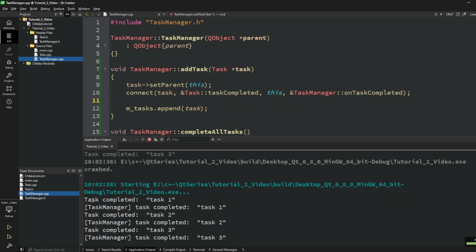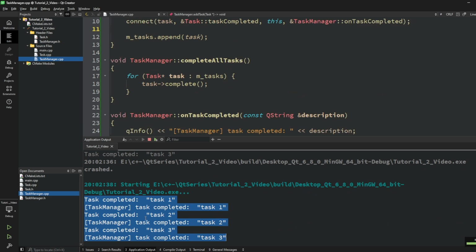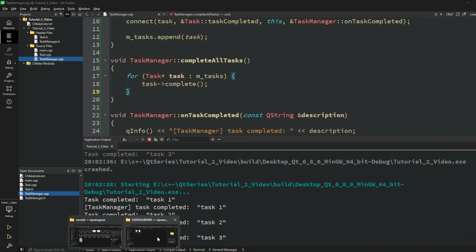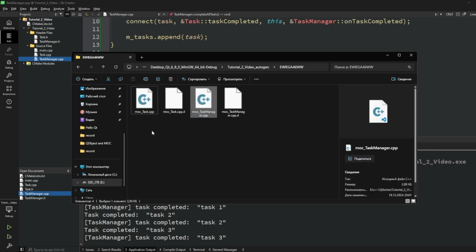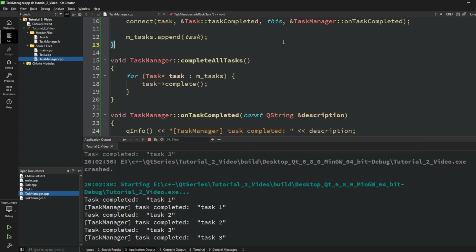And now you see everything is fine. So task completed, then task manager, task completed. And as you see, the signals and slots are working fine. And if you open your directory, as I said before, you're gonna have separated files for your QObject classes. So everything is fine, and I think